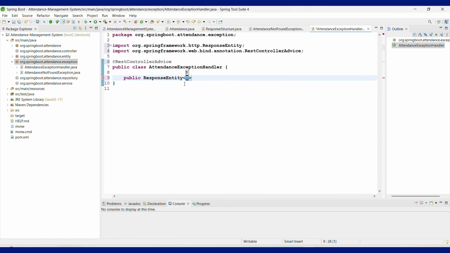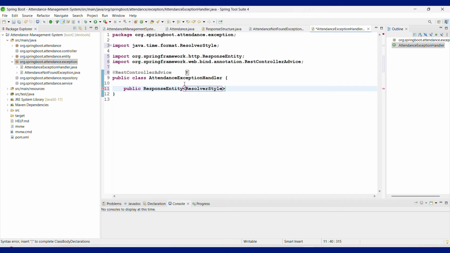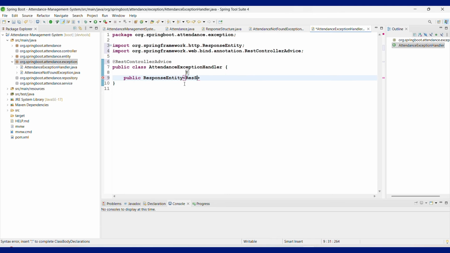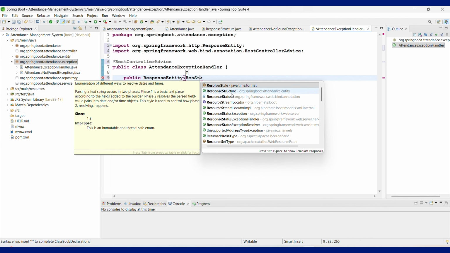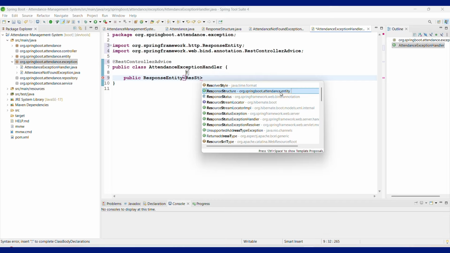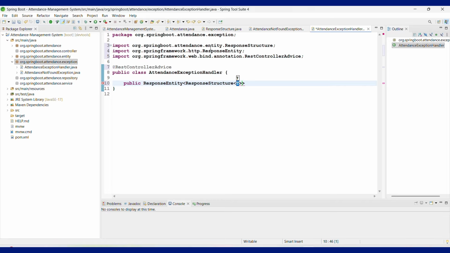Just click here, enter. Inside ResponseEntity, ResponseStructure is coming, to store the protocol, that is the status code, message, and the data. For that reason, here ResponseStructure. As you can see, the second suggestion, ResponseStructure, is present in org.springboot.attendance.entity, the entity package. Inside the entity package,